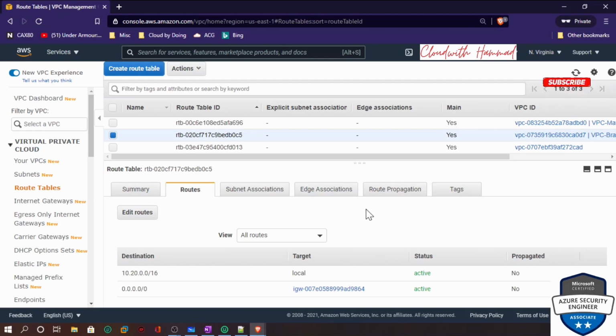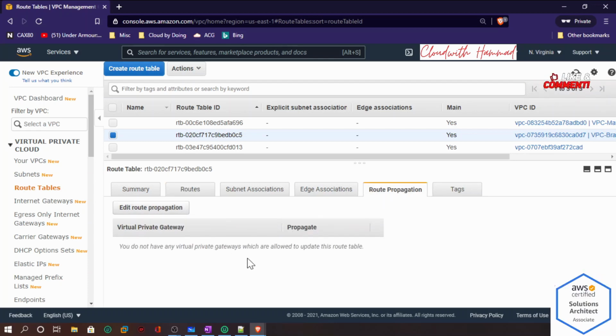One more thing that we want to make sure of in the end: we will come back when we deploy a virtual private gateway. We'll come back to route propagation. We'll enable the route propagation. So one of the things that we need to go back to here is once we deploy the virtual private gateway. All right, so this is done. Now we're going to go to our